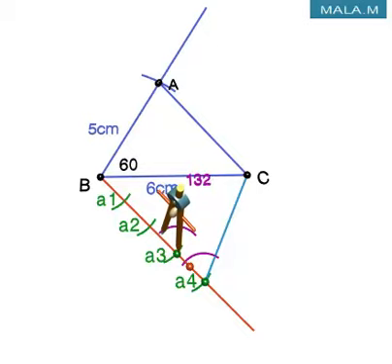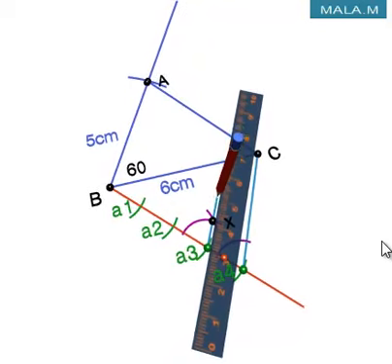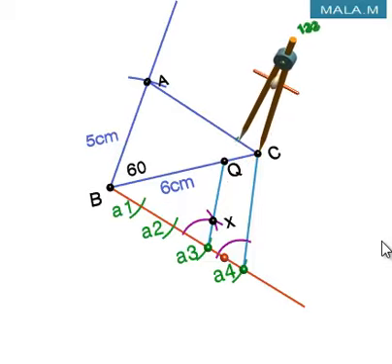Take the length of the arc which was constructed at A4 point by keeping your compass pointers on the extreme points of that A4 arc. Now cut the arc which is constructed at A3 point. Now mark the intersecting point of these two arcs and join this intersecting point and the A3 point by a line segment. Extend that line segment up to BC. Now give a name to the intersecting point of these two line segments as Q.